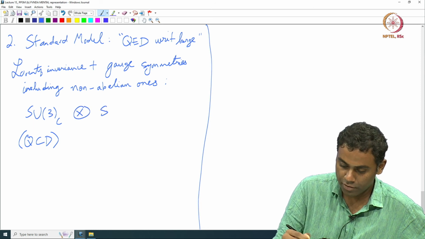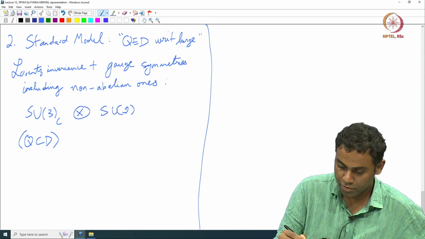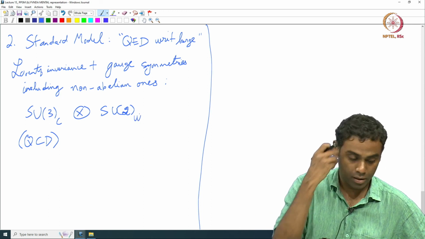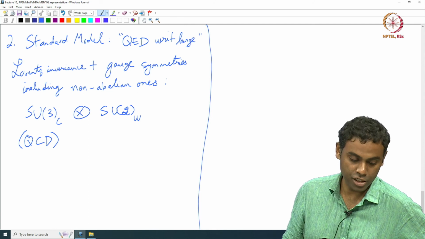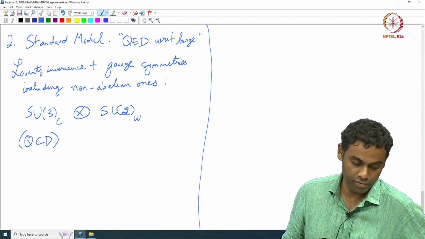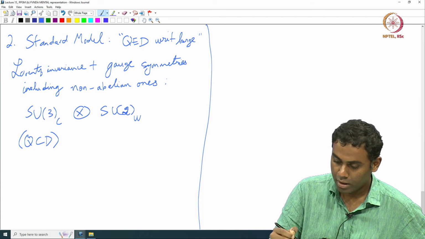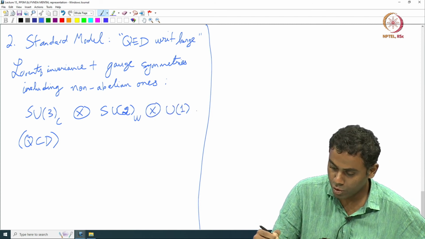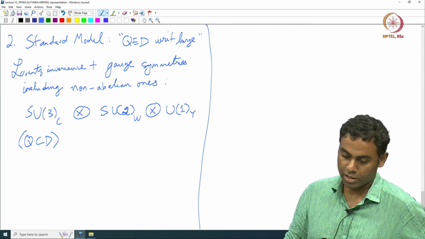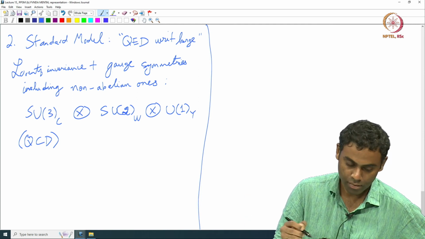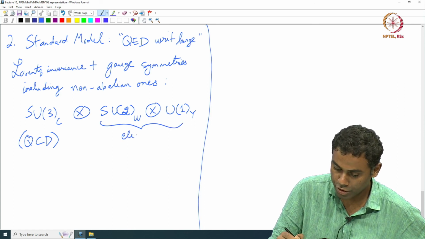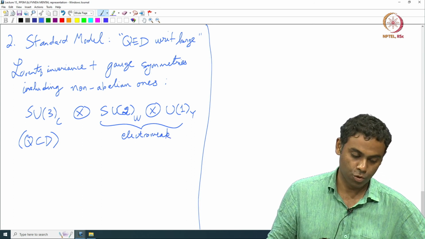And you will see that we will have an SU2. This is different from all the SU2s that we saw. This is an SU2 that acts on states that are charged under the weak force. So, we call that a W, and then we will see there is a special abelian group called hypercharge denoted with a Y, and these two together constitute the electroweak force,